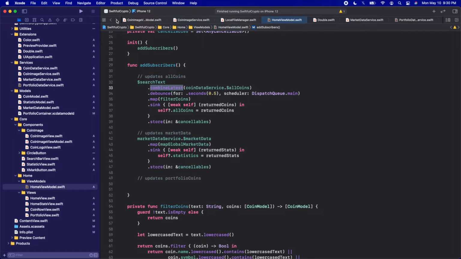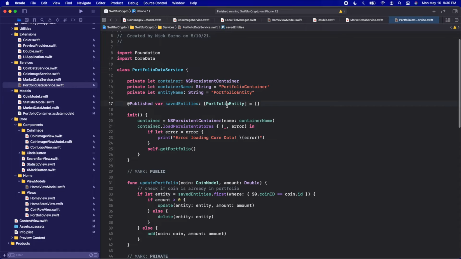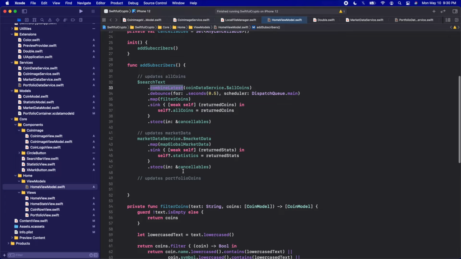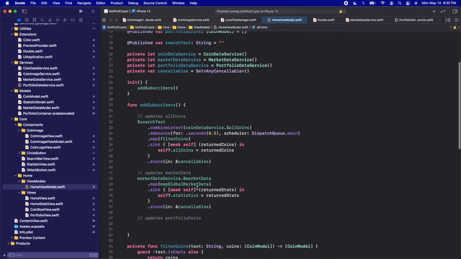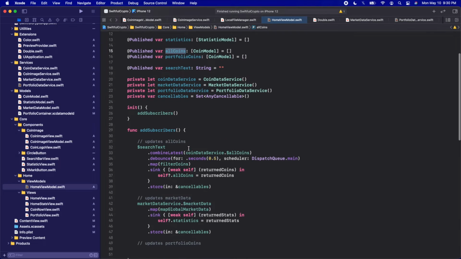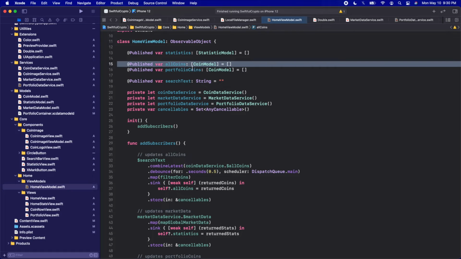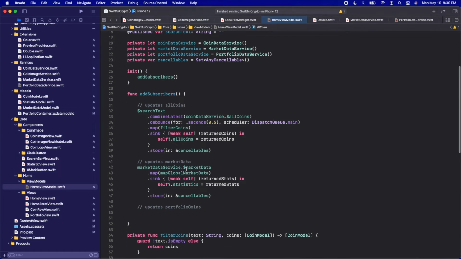So as I mentioned, and as you probably realized, the portfolio entities are different from the coin models that we have in our app. So when we get these portfolio entities, we want to then convert them into coin models so that we can put our coin models on the portfolio coins array up here. So because of that, we need to subscribe to something that has all of the coins in our app, as well as the portfolio entities. And so there's two possible places I could subscribe to. I could subscribe to this all coins directly, which will always have the coins in our app, or I could subscribe to the